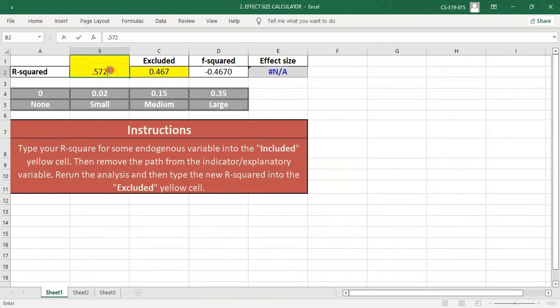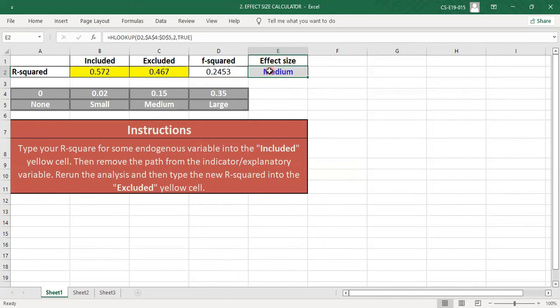That was about 0.572. So now whether the difference between these two is significant or not, or whether its impact is small, medium, large, or there's no impact, that thing we are going to calculate right now. If you go down, it's a medium effect. Medium means that this one is within this range. So that's why it is a medium effect.